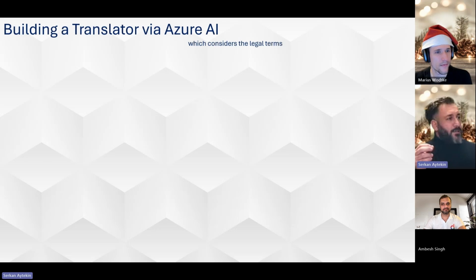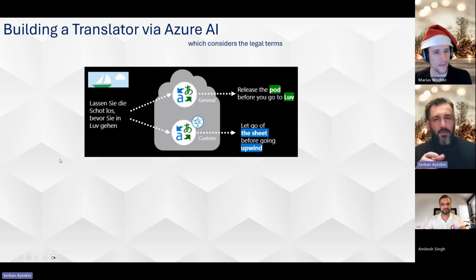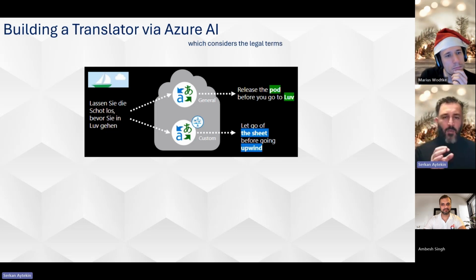If you ever let translate something in a translation service, like Google Translate or maybe Bing or DeepL and so on, you see, okay, it works to some extent, but if you have some legal terms or domain specific terms, it doesn't work. Yeah, it doesn't look okay. What we want to do is, we want to use an OpenAI model, but